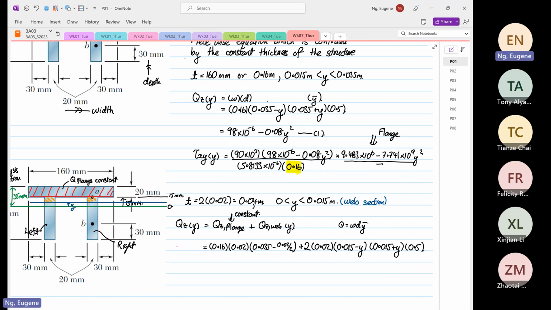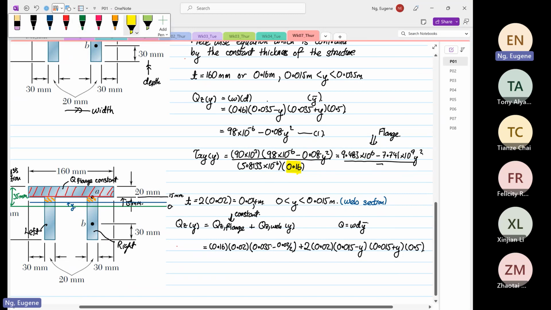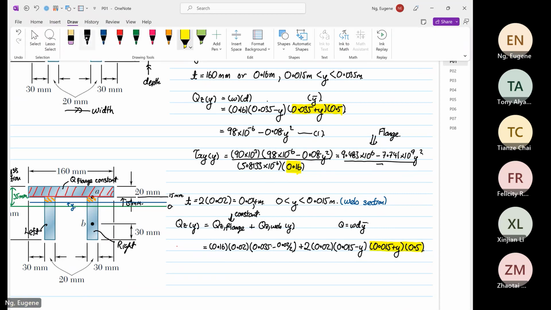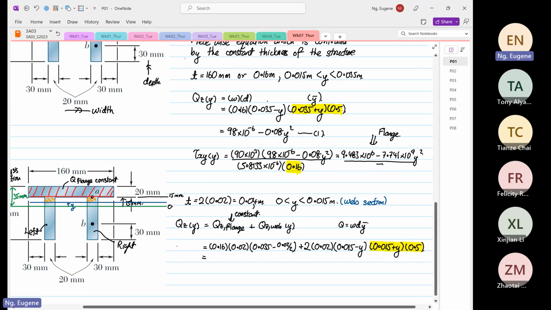You can see the trend repeats, right? You just need to know your limits. You can see this trend: 0.035 plus y multiplied by 0.5. So the upper limit plus y multiplied by 0.5. And then from here, this will be equal to 0.035. So it's 80 times 10 to the power minus 6